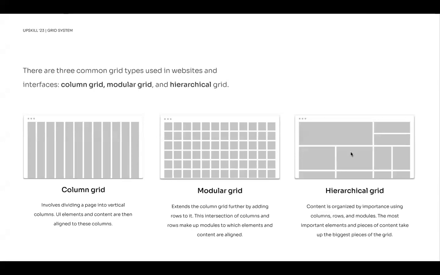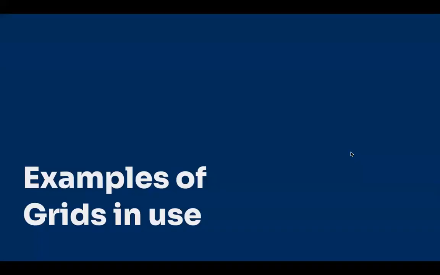The content is organized by importance using columns, rows and modules. The most important elements and pieces of content take up the biggest pieces of the grid. Like I used YouTube as an example, the most important element at that point is the video that you're watching. Every other thing is secondary. That is why the people that designed YouTube used the hierarchical grid. So these are the three major types of grid system. We'll now see examples of these systems